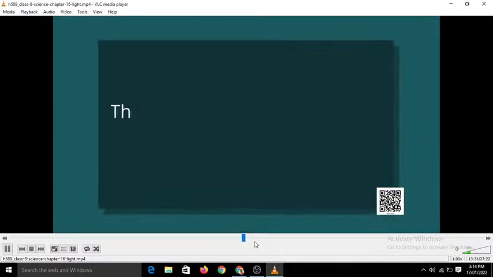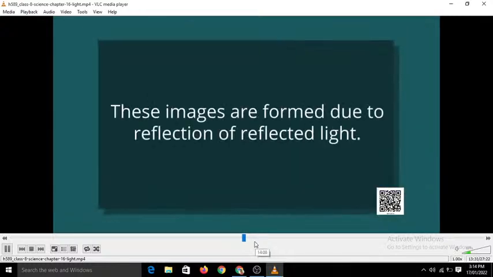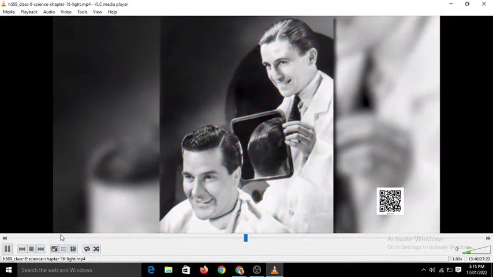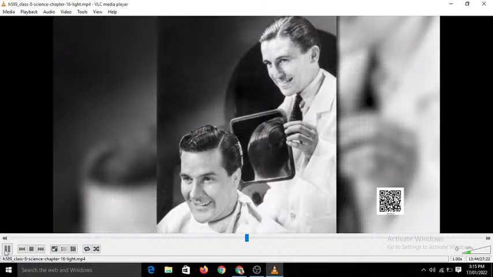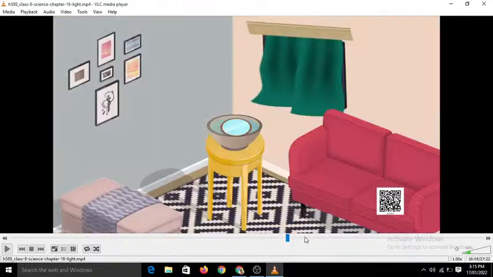Children, these images are formed due to reflection of the reflected light. Daily life application of this is being seen at hair salon. Yes, students, so many examples you have seen in reflection of light, that is multiple images they are formed. Okay, so the next one,